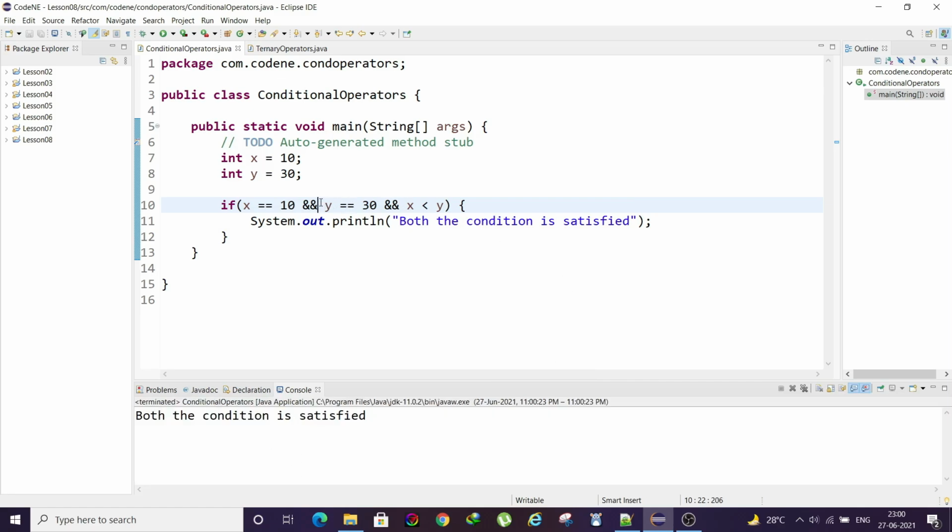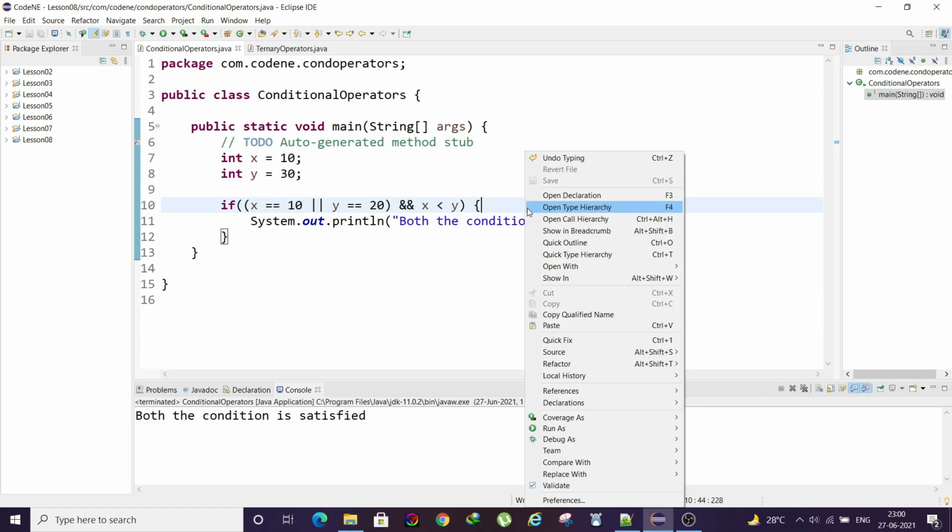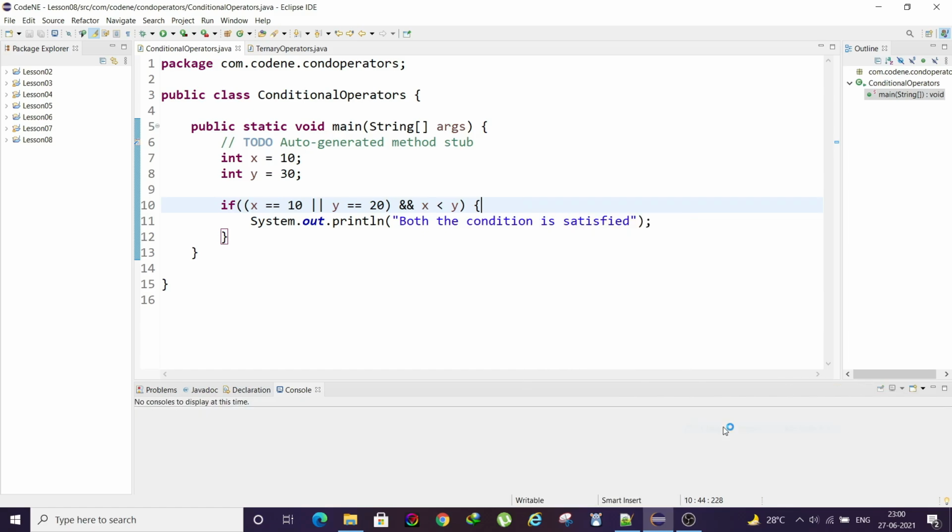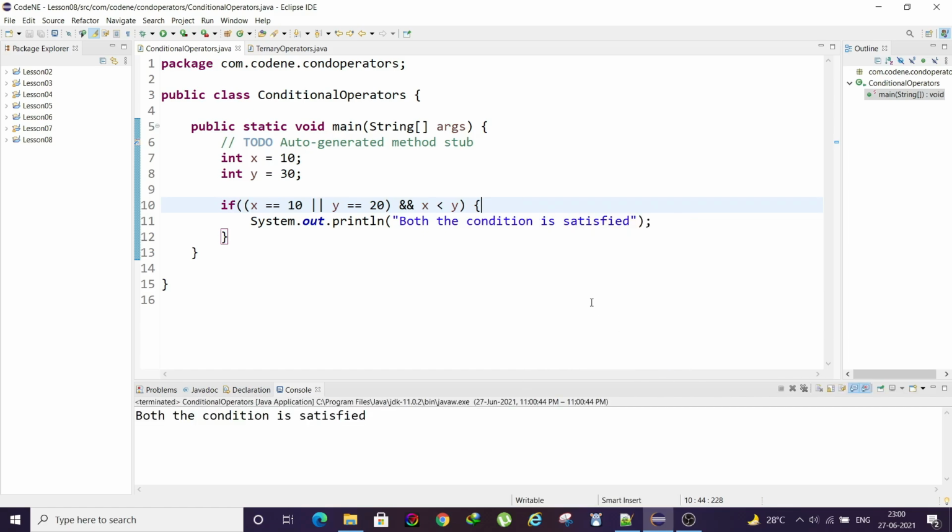Here we can easily combine these two. For example, I can make this 20 now, and then if I run it, even in this case we can see the output, because from the first two there is an OR condition, meaning any one of the two needs to be satisfied, and then it will move on to the AND condition, and the third condition is x less than y.